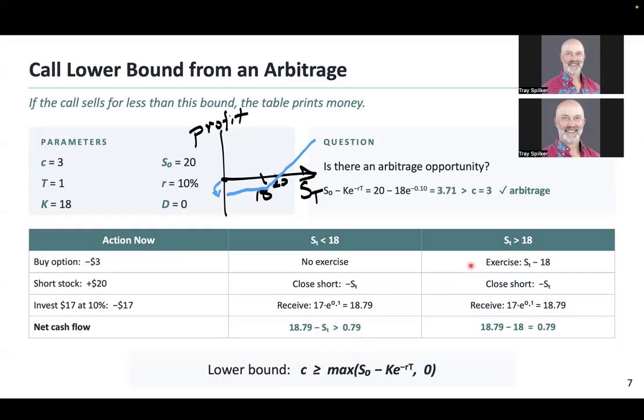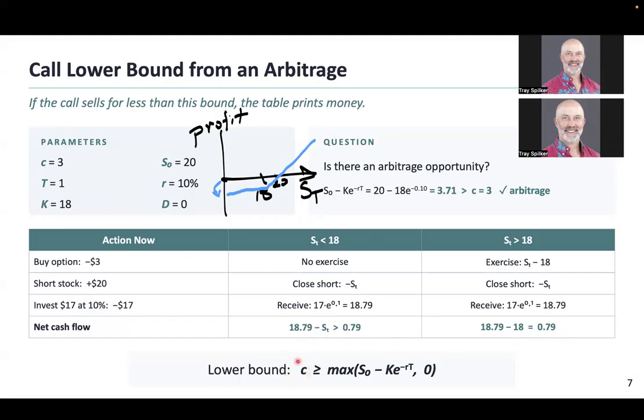So we exercise the option, which means we get the shares delivered to us, positive ST, and we pay the $18 per share. We still close out the short position and we still get our investment proceeds of 18.79. Our STs cancel here, and so we're left with exactly 79 cents in the arbitrage. And so through this arbitrage argument, we've just proved the lower bound for